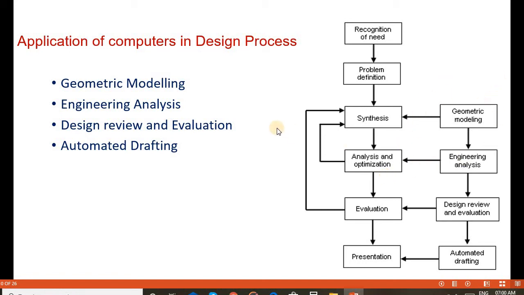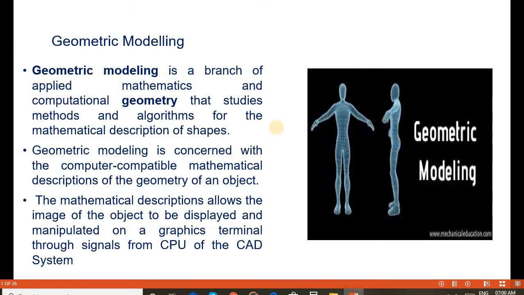Now we are going to discuss one by one the application of computers in the design process. The first step is geometric modeling. For designing any product we have to make the geometric modeling, and based on the geometric modeling, the manufacturing is carried out.